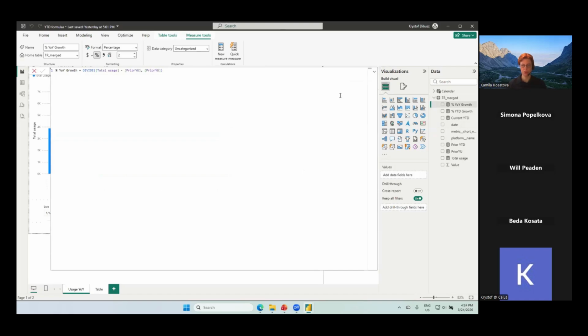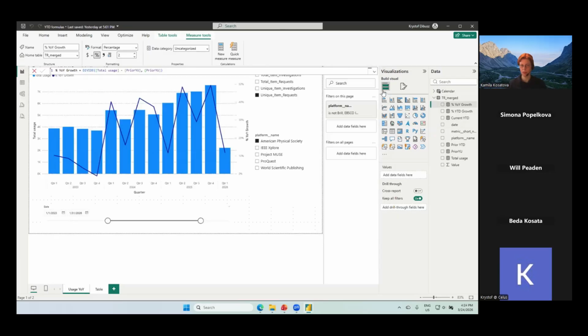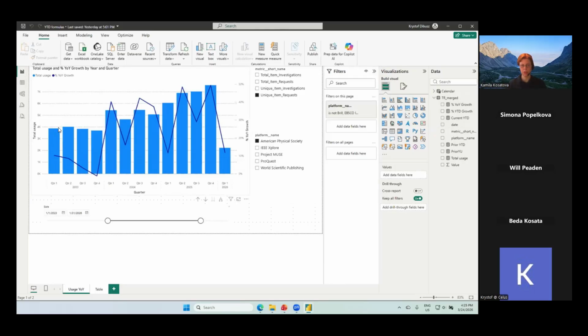It's not visible as another column of the table, but it's calculated on demand and it can be used in the visuals. Like here, I have the display not only of the usage in the quarters,